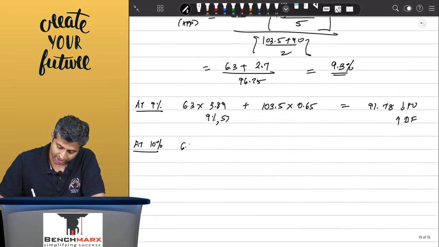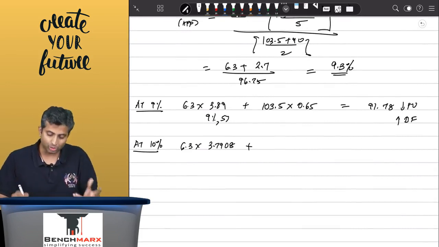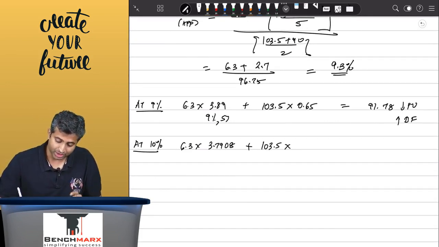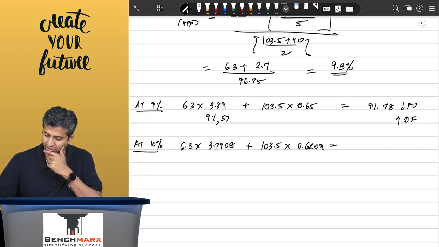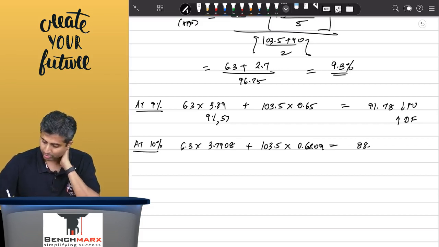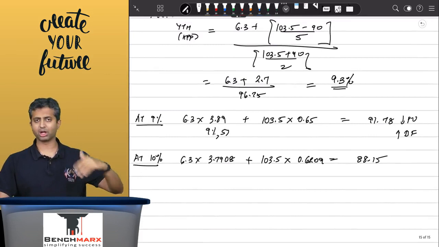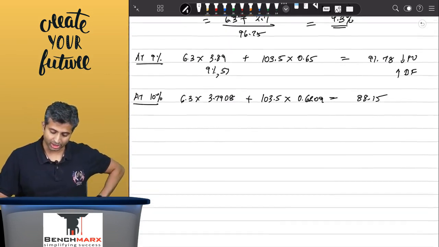Okay, so at 10 this is 6.3 into, let's say, 3.7908. Remember, these are present value factors, you can calculate them as well. I'm just focusing on the main concept here. And 0.6209. So this is 6.3 into 3.7908 and 103.5 into 0.6209, and hence the total is 88.15. Perfect. Mission accomplished. We have one number above 90, one number below 90, and hence you can do interpolation,